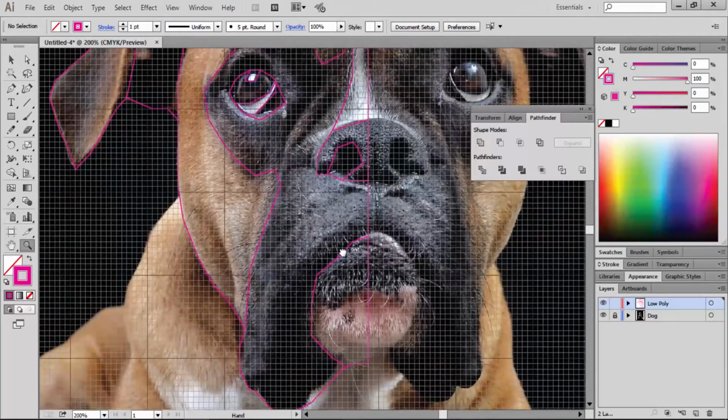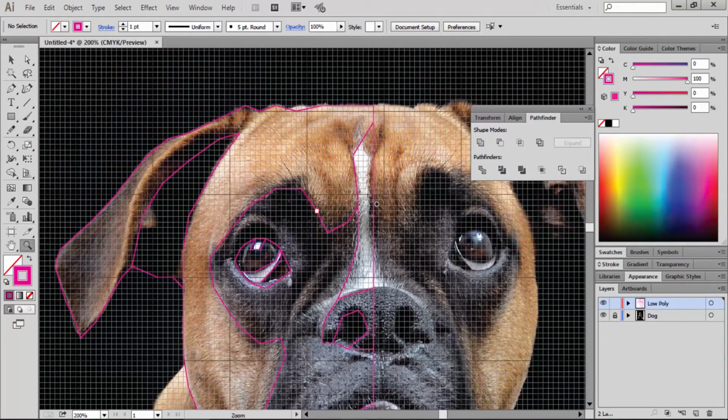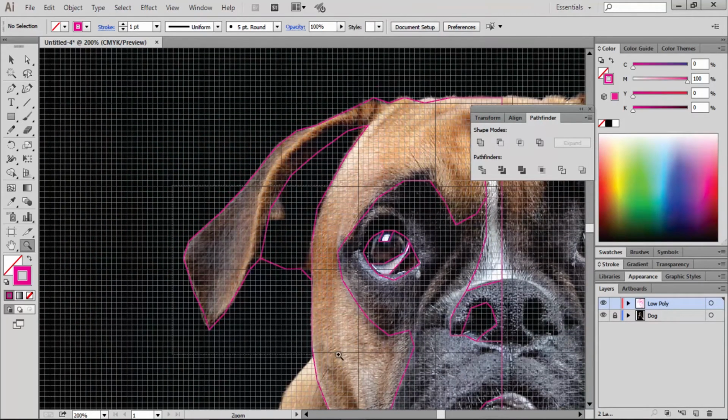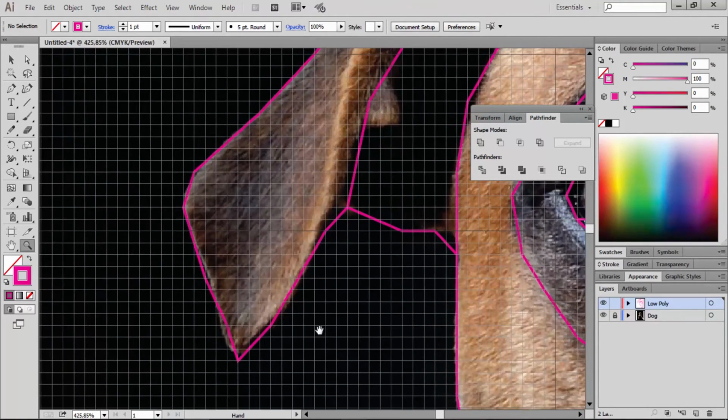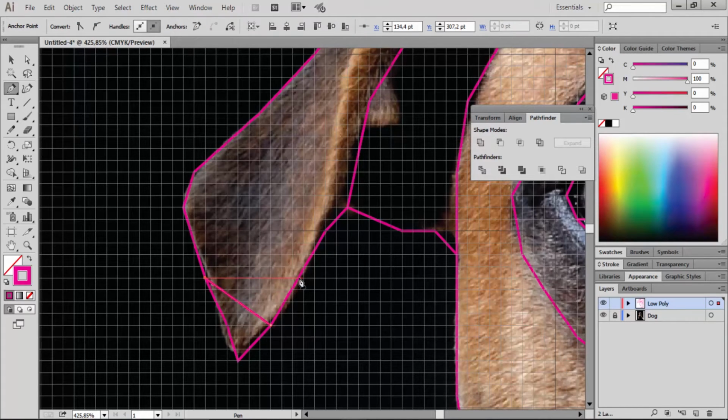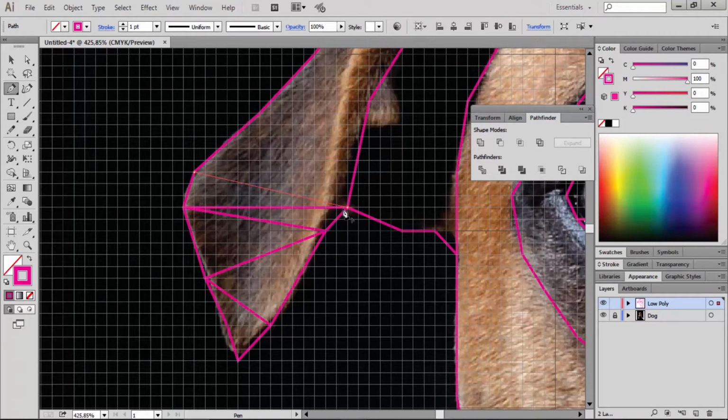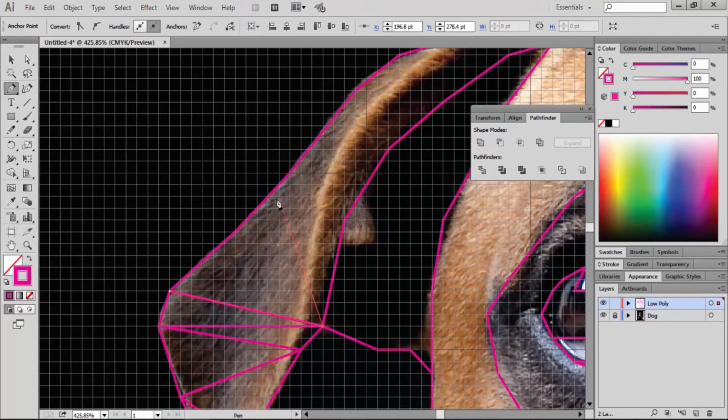So what we need to do now is to fill these parts of the face with some more paths, like some triangles or polygons, something like this. Let's grab from point to point. Make sure you grab the points and not the middle of the path. We just fill it with something like this. If you make a mistake, just go back and that's it.